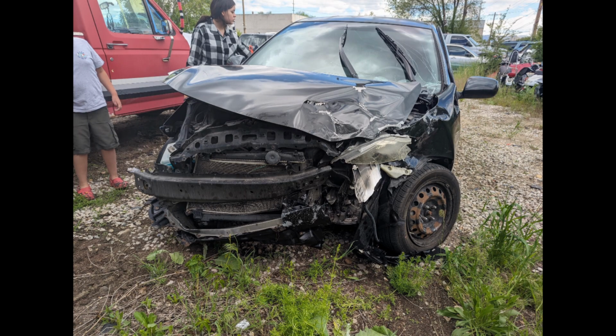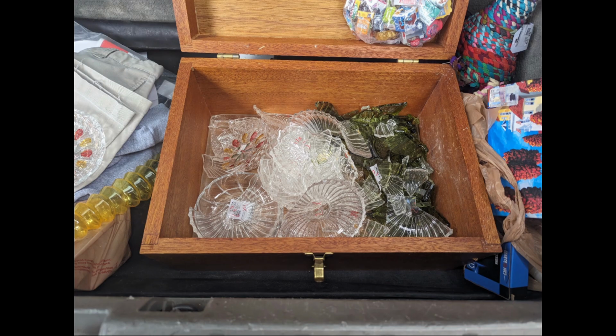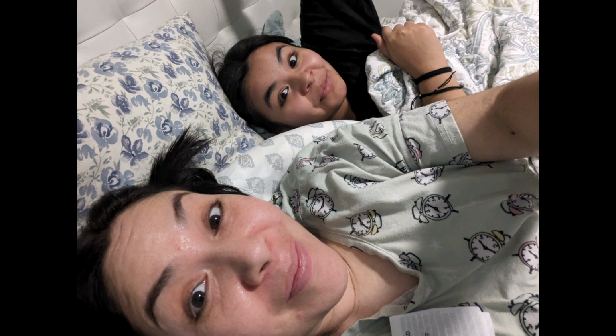And now, ready for the big item. Unfortunately, this is where the sad story caught up. I had a really bad car accident. As you can see, I was driving. My trunk had treasures that I was going to share with you. They didn't make it, but we are very grateful that we are okay,